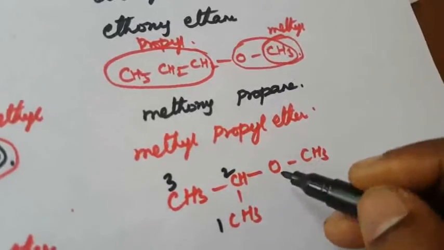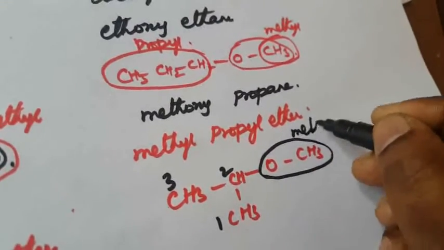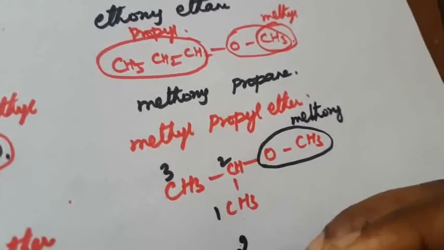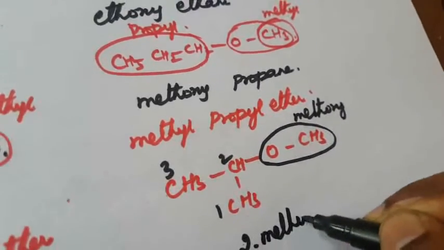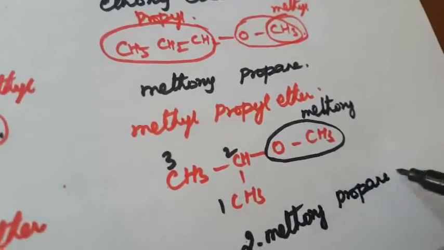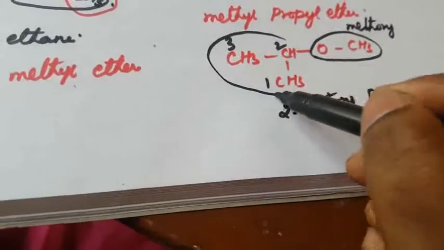The second position is called methoxy. 2-methoxypropane. This is the IUPAC name. How to write the common name? What is the name of this compound? This is called as